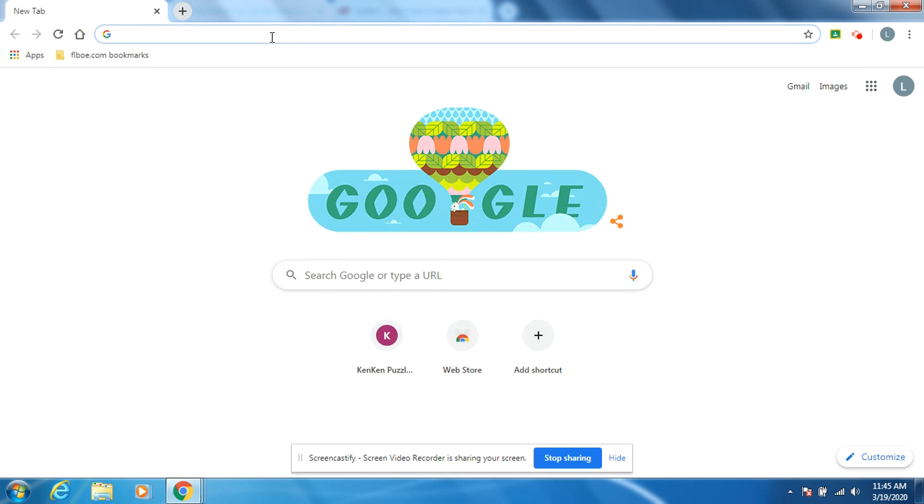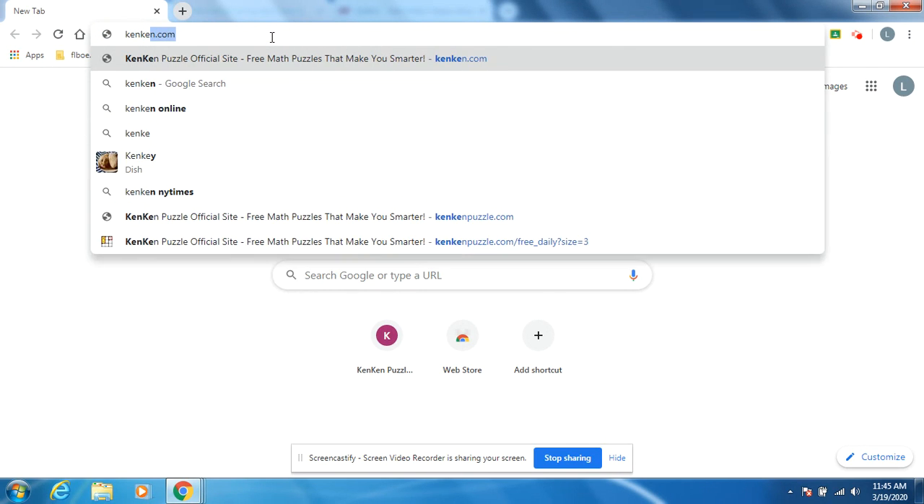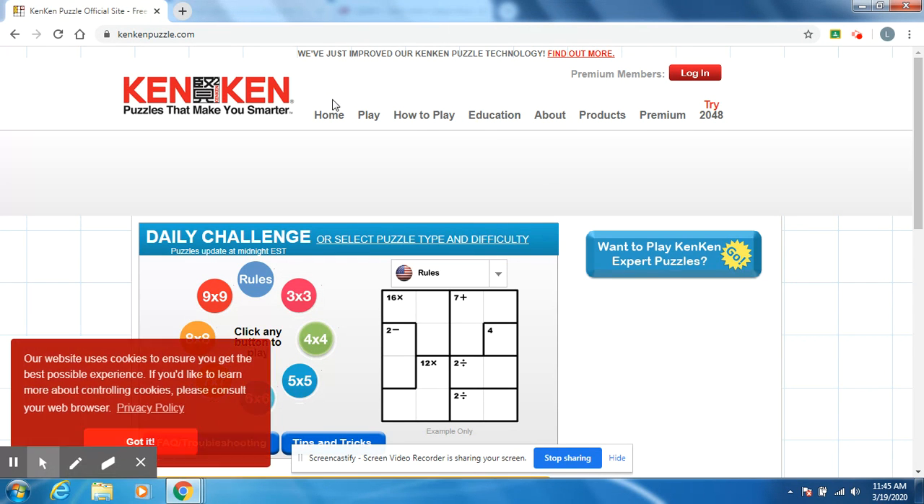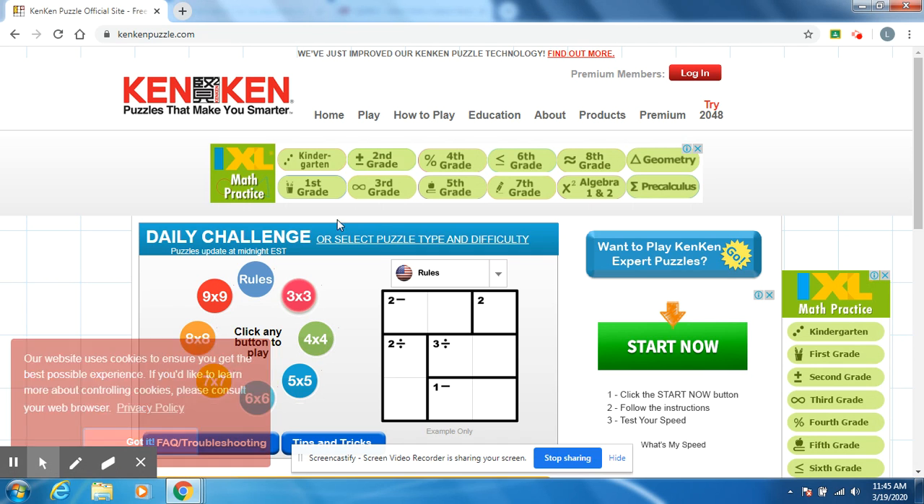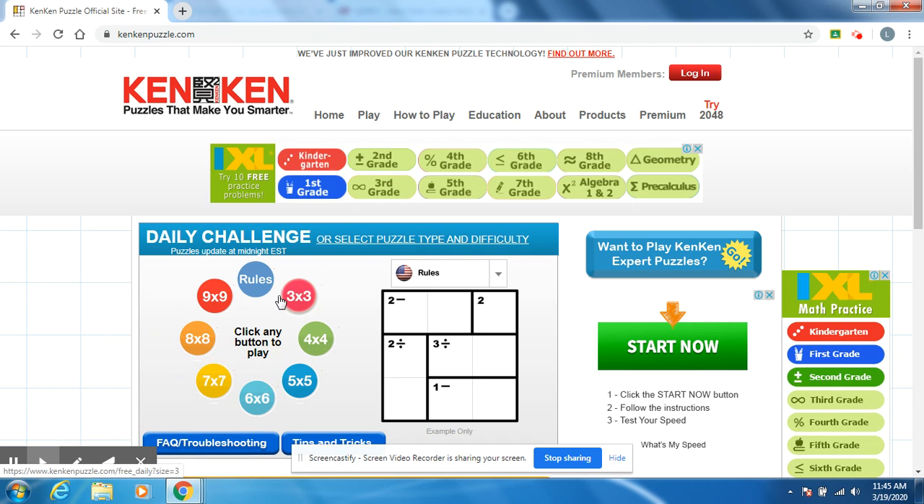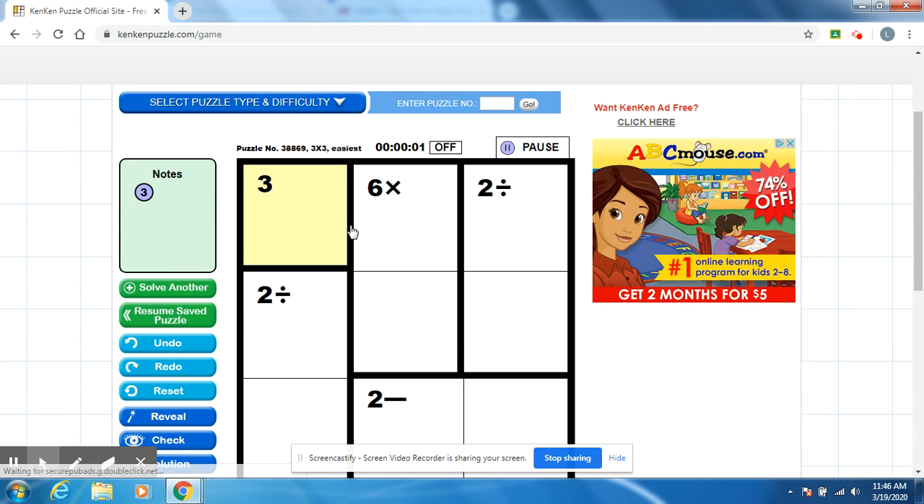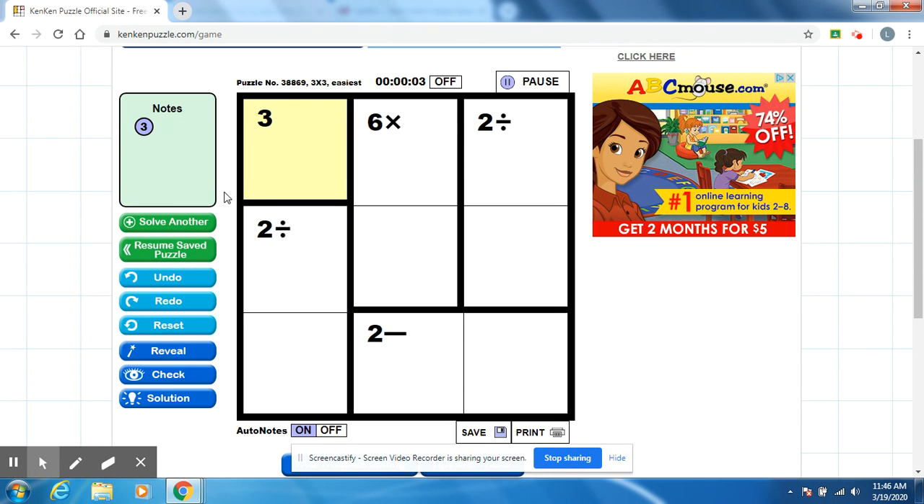You can access it at kenken.com. It's a Japanese word. The puzzles were invented in Japan. So let's click on a 3x3 puzzle. That's the easiest. So similar to a Sudoku, we have the numbers 1 through 3,